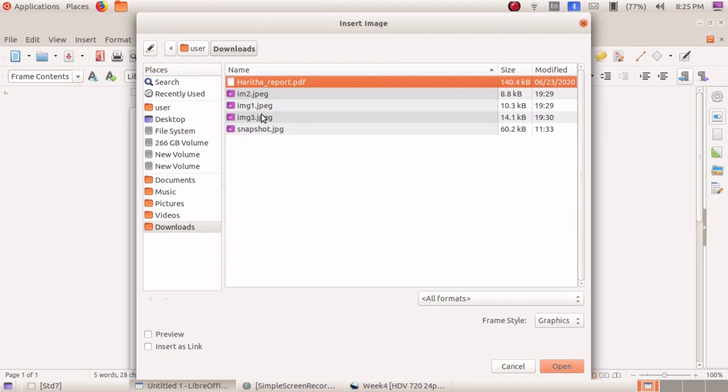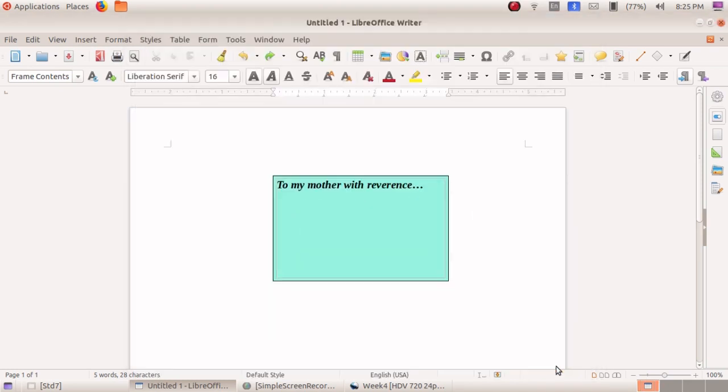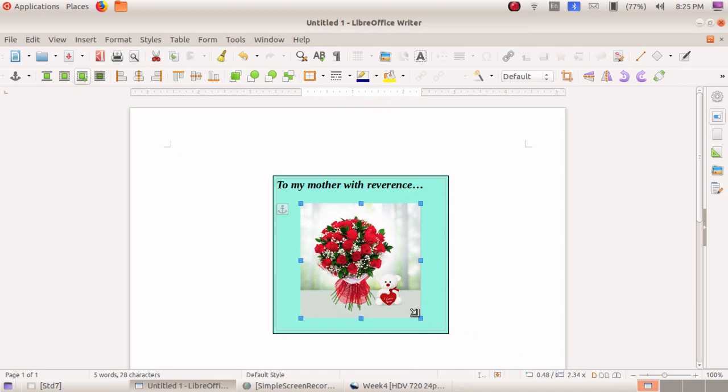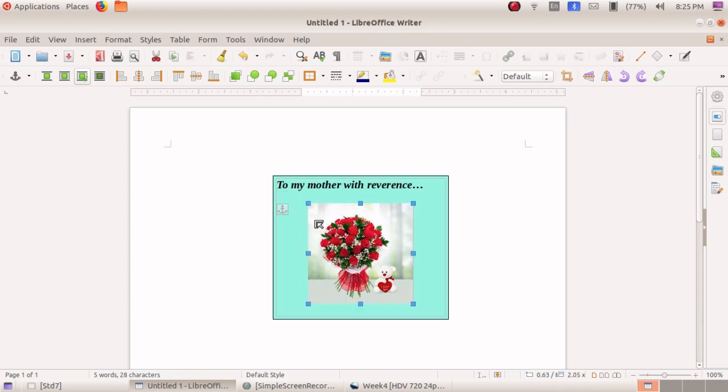I am selecting one picture and click Open. Now the image is inserted inside the frame. Now I want to resize this image. What should I do? I already told you, if you want to resize anything, whether it is a frame or a picture, you have to click these nodes and resize it. Understood? This is the way to resize the picture.